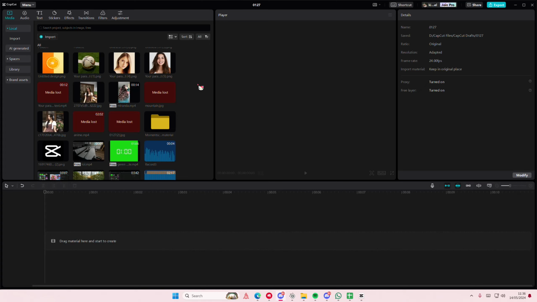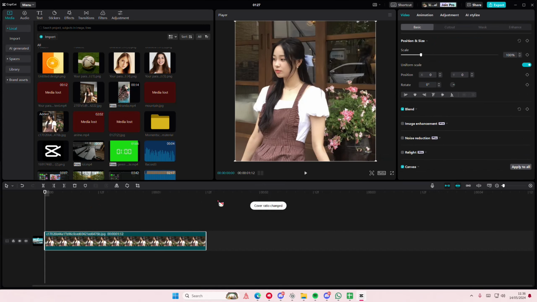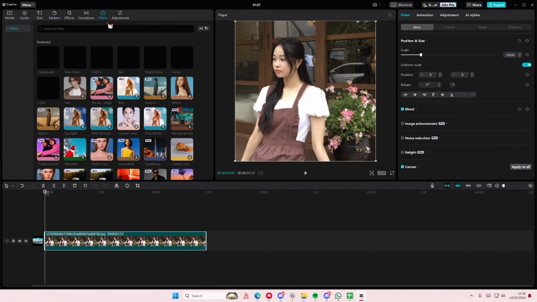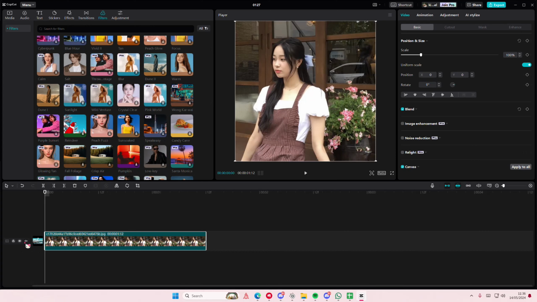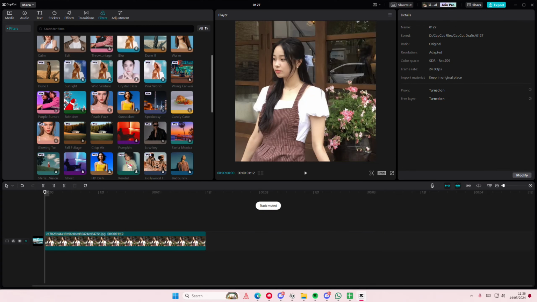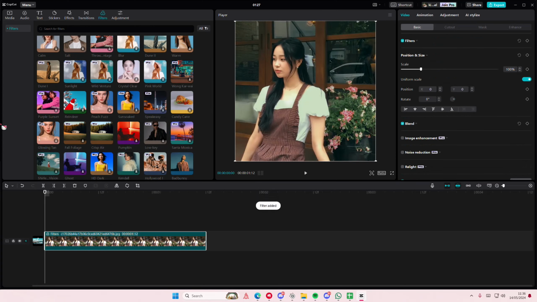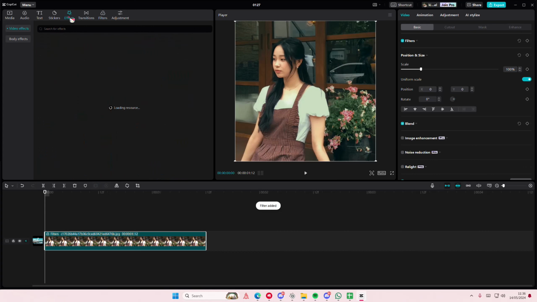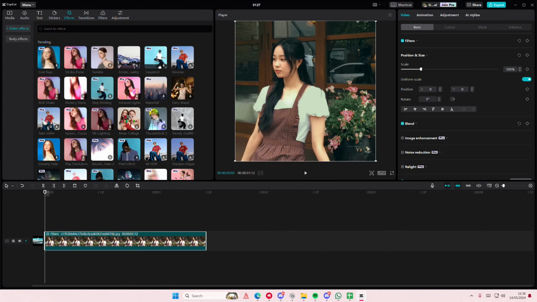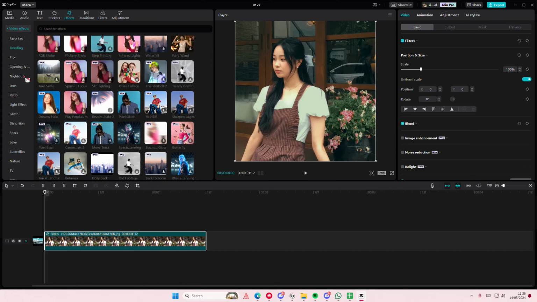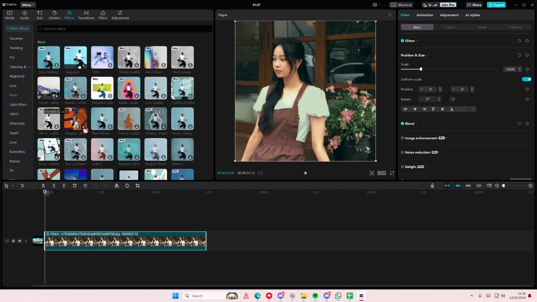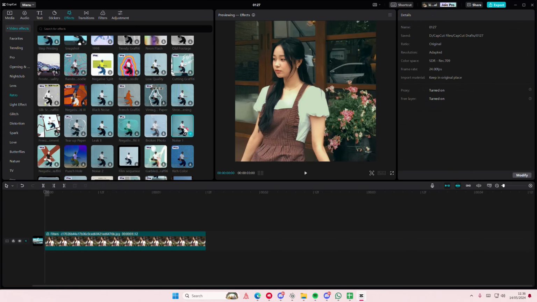In this video I'll be showing you guys how you can edit photos on CapCut PC. So I have, let's use this photo, and I can use filters and video effects on it. I'm just going to add in this filter, for instance, and I can go to effects and even add in more effects. I'm just going to go to the retro one and add in